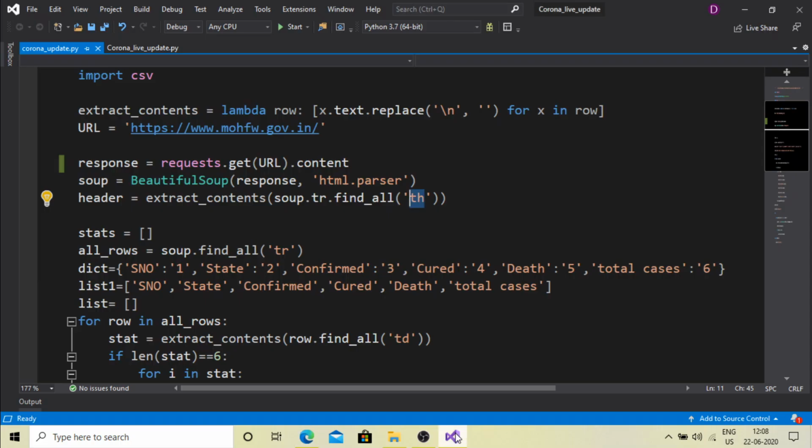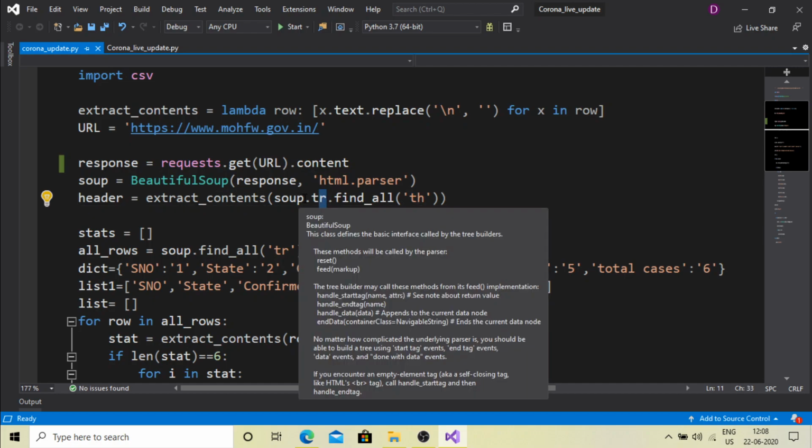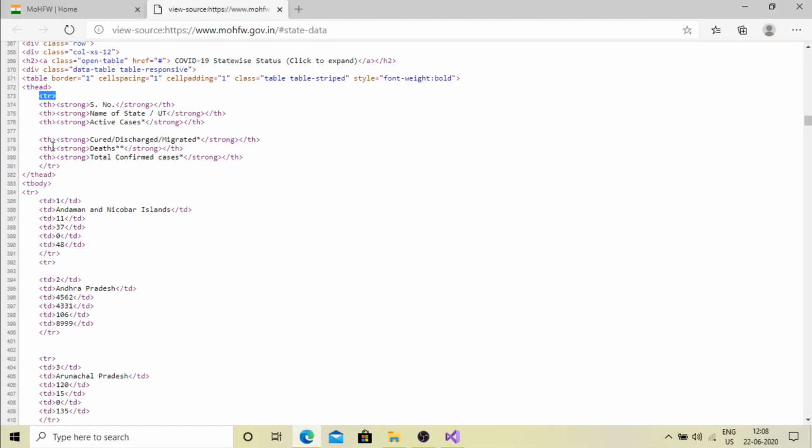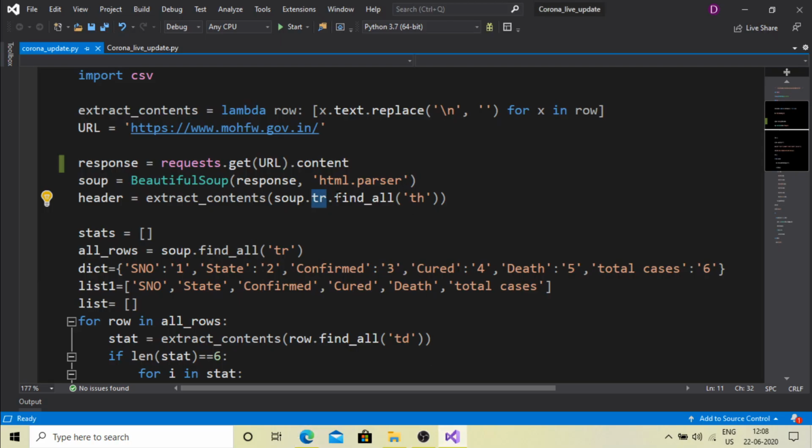So in our program we have simply, with the help of the Beautiful Soup library, found the tr tag. It will find all the tr tags in the page, like here it is a tr tag, another tr tag. It will find all the tr tags, but inside that we only want the table headings. So for that we have written inside the tr tag find all th, which stands for table heading, and we will store all these headings into a variable named header. So guys, till now we have extracted out the headings from the web page.